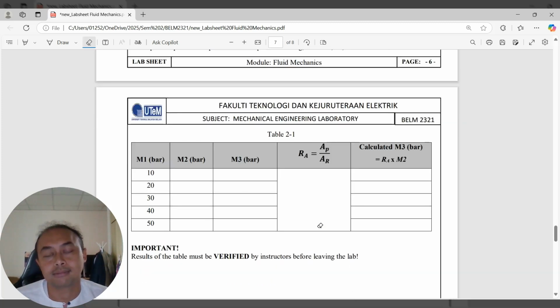So this will give you your P1 value, this will give you your P2. So this M3 or P2 should be larger